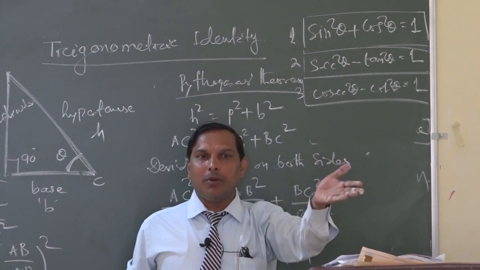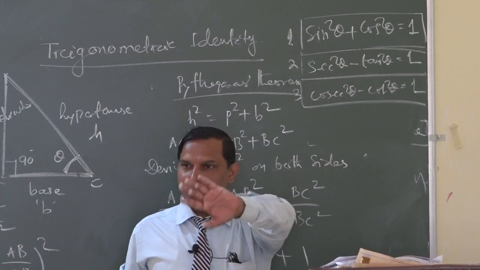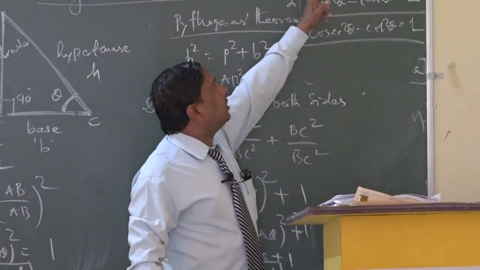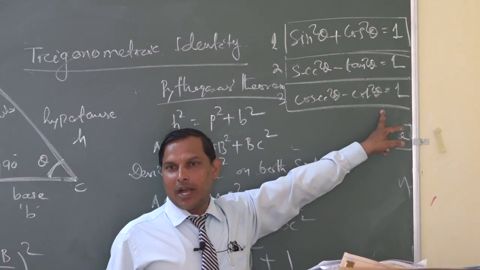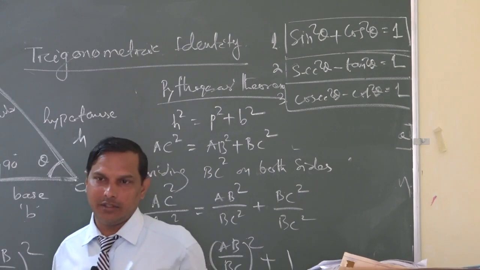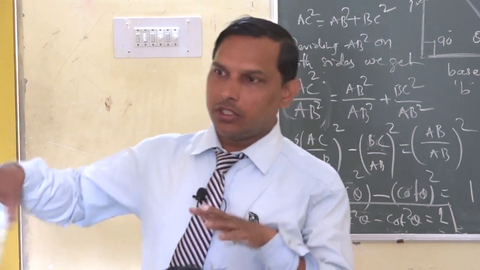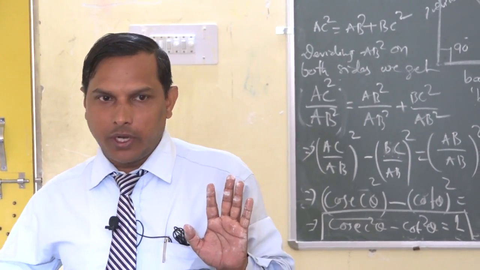Already you know how to convert sine into cosec, sine into tan. Tan is equal to sine by cos, cot is equal to cos by sine. In the first chapter we have discussed the relation between sine cos, sec tan and cosec cot. According to the identities, we got the three identities. And we can apply these three identities with the sub identities in the problems whatever they are in the books.